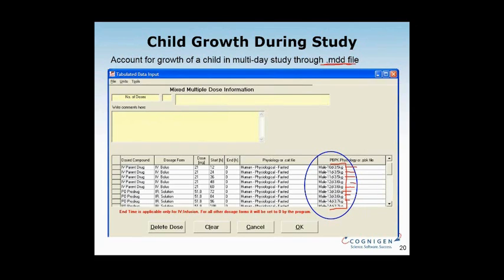So you don't have to worry about whether it is going to be a typical growth curve or not. You can account for any types of changes in the physiology that you would expect in the child throughout your study, and through that account for how the condition that you are trying to treat might be affecting the typical physiologies, maybe even account for a baby possibly losing weight throughout the course of the treatment and so on. So in that case, it really does give you complete control over modeling the scenarios that are really relevant for your compound.